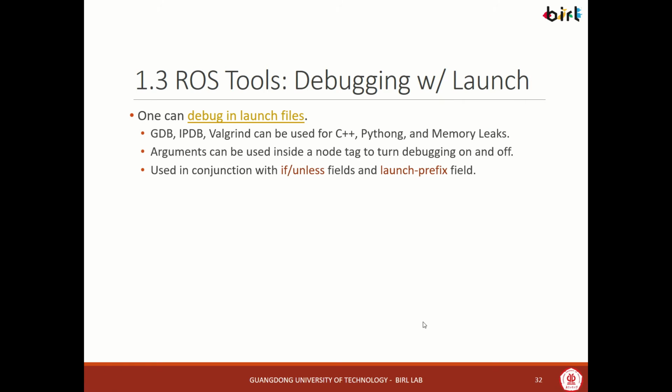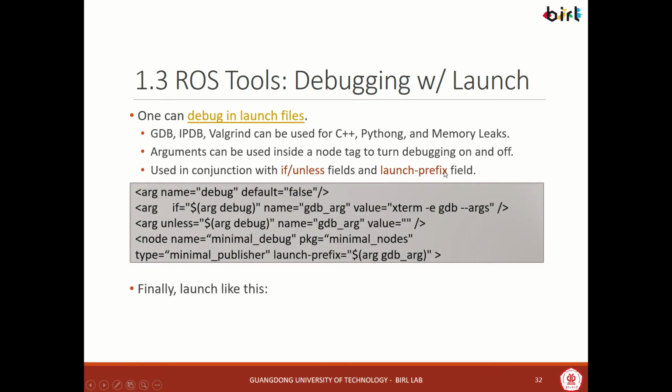Debugging can also be done inside launch files. Again, I won't go into details right now, but I do want to tell you that it can be done. You can use GDB, IPDB, memory leak, Valgrind software, all inside launch files. We will normally use arguments inside nodes to turn debugging on and off. This is a really nice ability to have. And it needs to be used with if and unless fields and a launch prefix field, where it might look